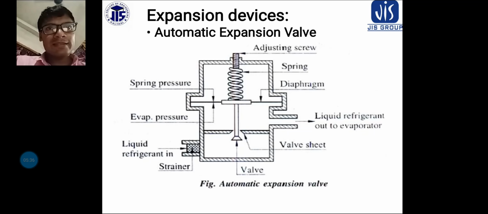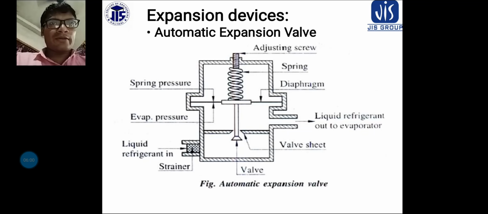As more liquid enters the evaporator, the pressure increases, forcing the diaphragm upward and allowing the valve to close. A properly sized valve will pass enough liquid refrigerant to maintain constant temperature at the pressure condition.